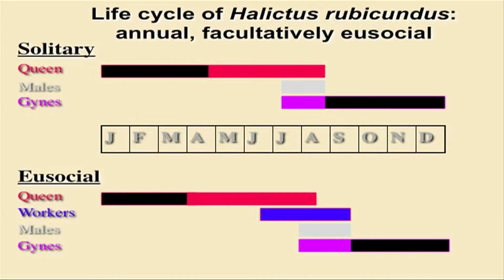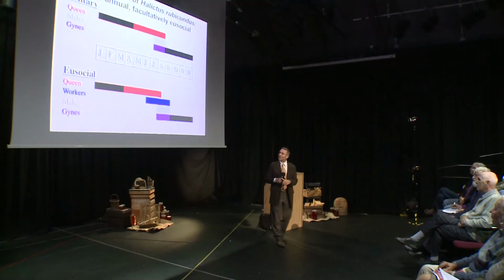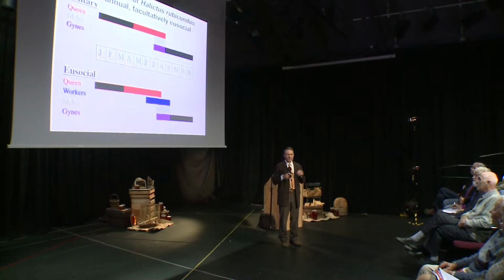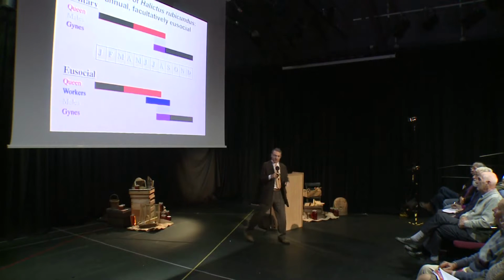So it seems like a maybe not so complicated transition, but it does entail some individuals actually foregoing reproduction, emerging and saying, hang on, I'm not going to go into winter sleep. I'm actually going to start helping mum, which is a major behavioural and physiological difference compared with the solitary. And this is the life cycle that bumblebees show and social wasps show and such like as well.